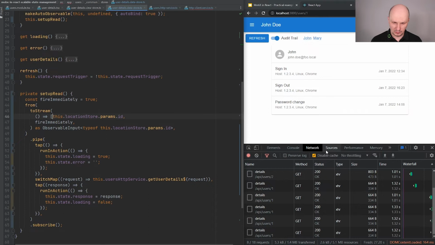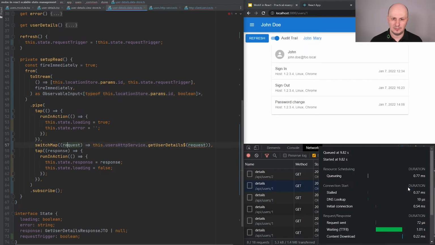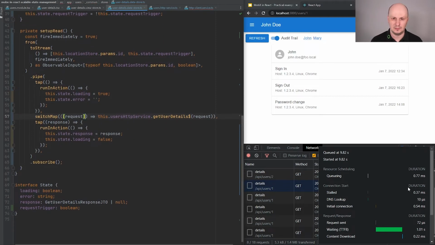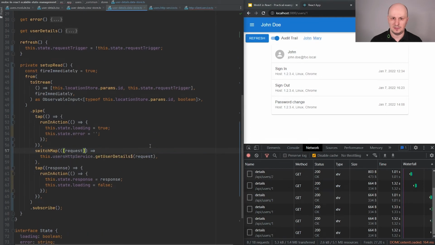And I'm going to return this value also in the toStream converter, and then it's an array. All right, and then request is an array, so I need to wrap it like that to destructure it, and let me save it.